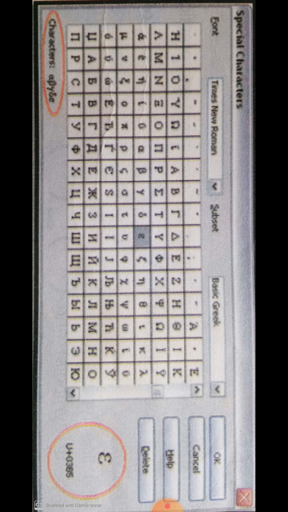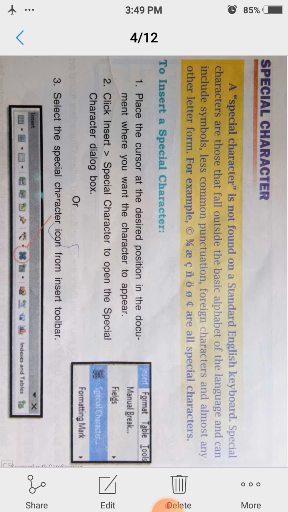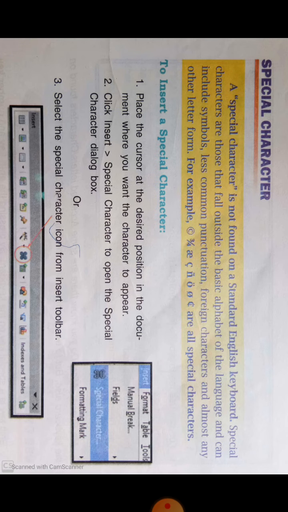Now, how to insert a special character? Step 1: Place the cursor at the desired position in the document where you want the character to appear.